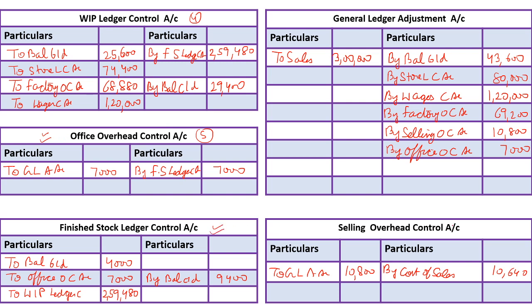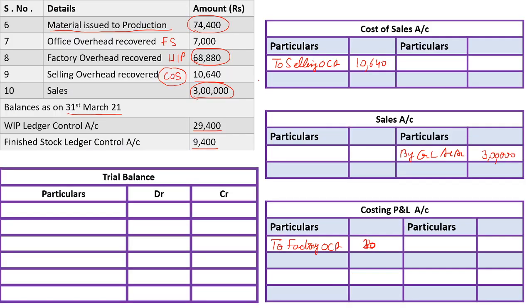Now our next account is, because office overhead is already balanced, our next two accounts are finished stock ledger control account and selling overhead control account, and the balances of these accounts are transferred to cost of sales. So first we balance the finished stock ledger control account, and our balancing value is by cost of sales amounted to 2,61,080, and in cost of sales we write to finished stock ledger control account